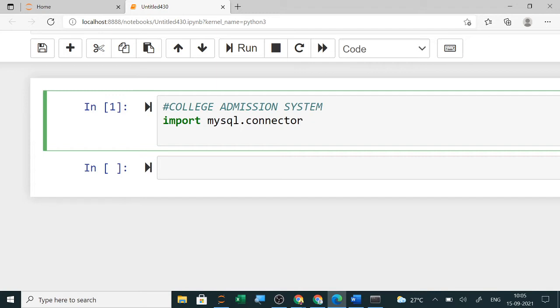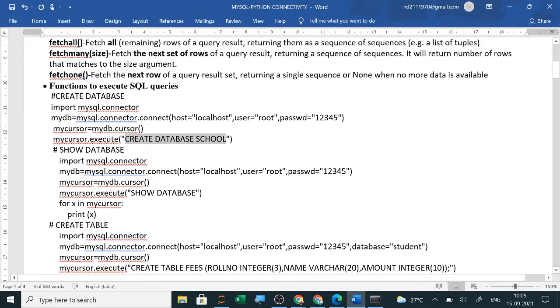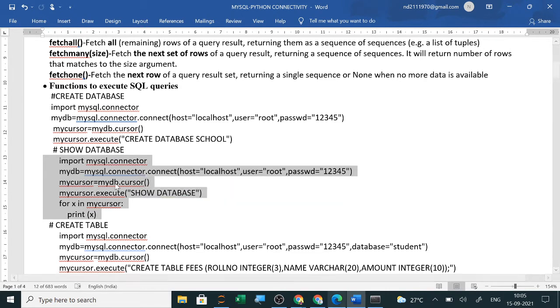I am giving an alias name, otherwise I have to type this whole thing again and again. Instead of typing mysql.connector.connect everywhere, as you have already seen, I will use m here. Clear? So I am using an alias name. I will try to use short names just now, but while writing you should give user-friendly names so that you remember them.